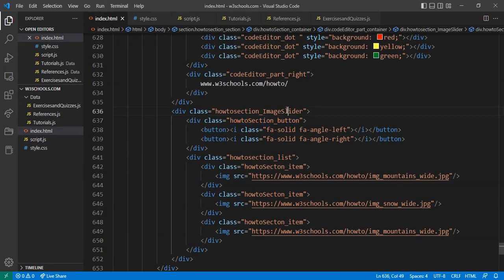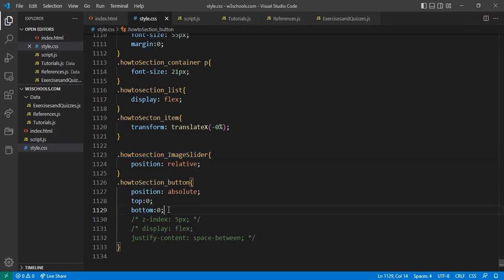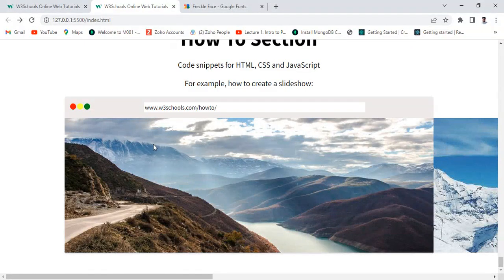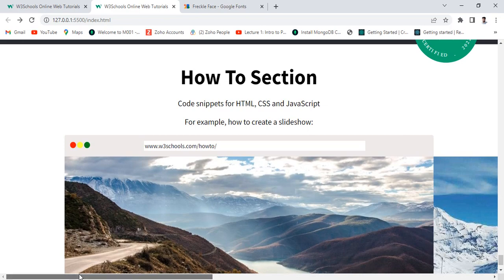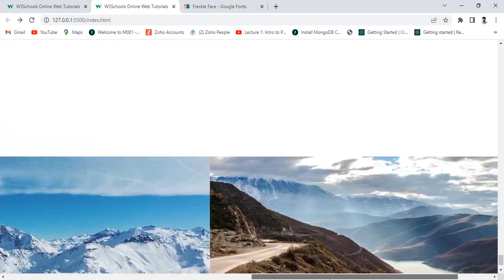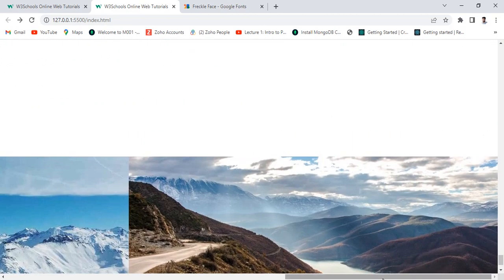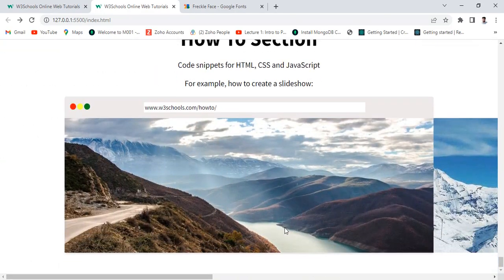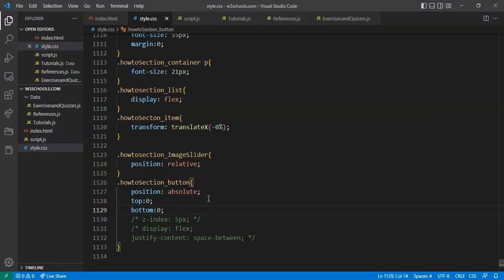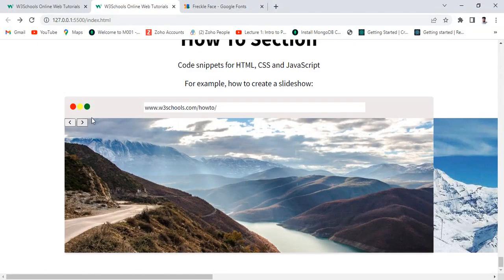Here, this is here and here. Let me see. Position absolute, top 0, bottom 0. Then it will come in the center, and here give the z-index 5. Yeah, here it's coming. And now I want to